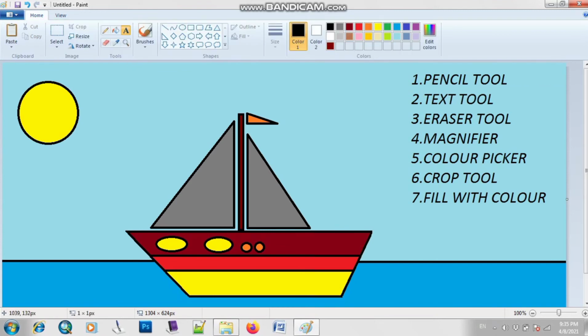Now what is the use of text tool? So text tool is basically used if you want to type something. अगर आपने कोई भी name type करना है board के साथ, this is my board or this is beautiful board, this is beautiful scene, then you can use text tool. Now what is the use of eraser tool?